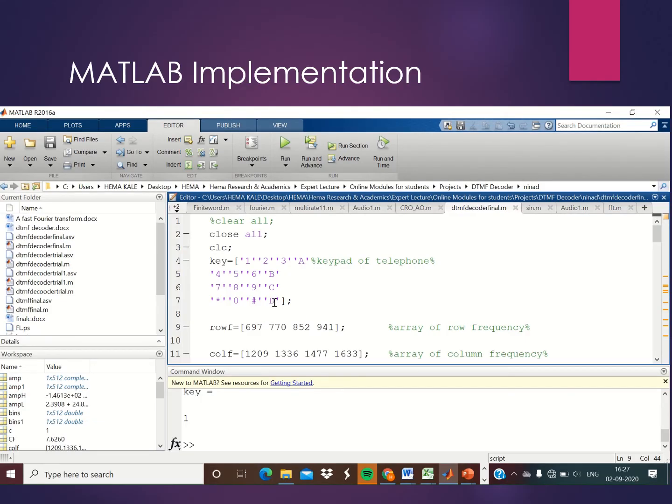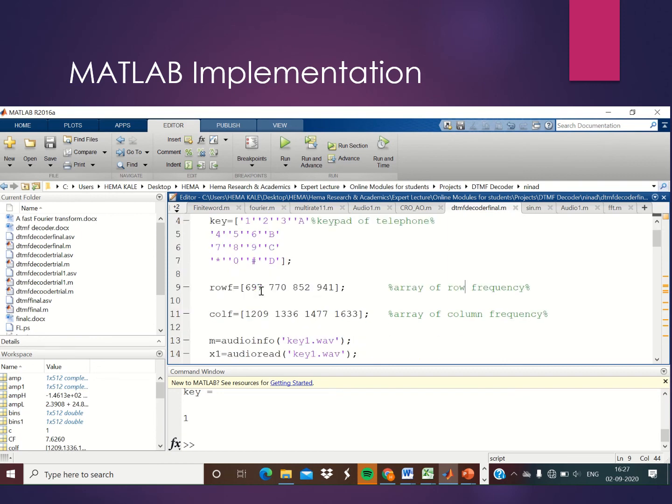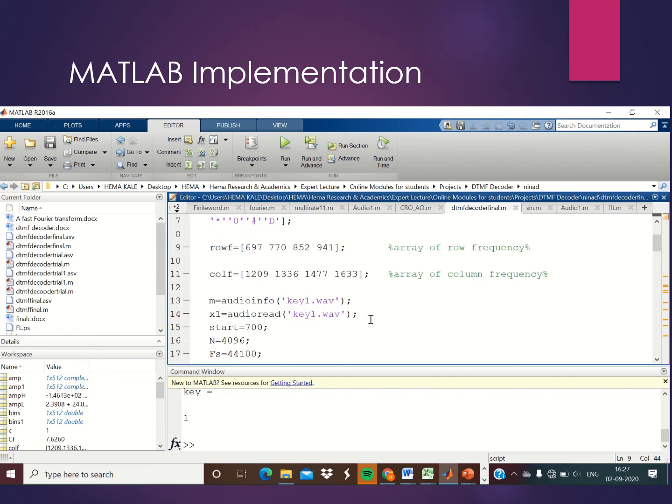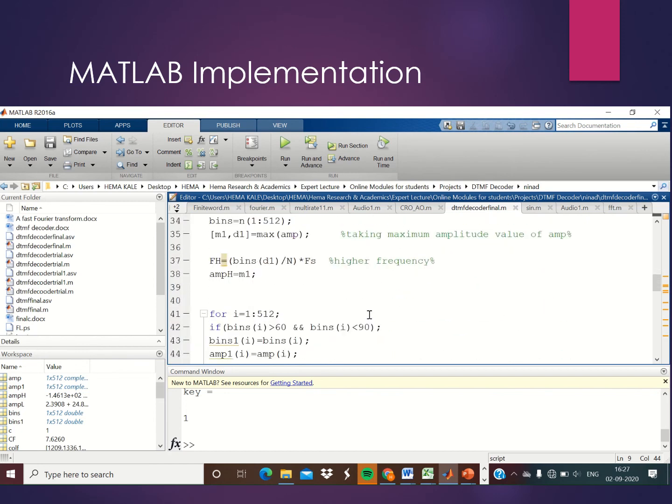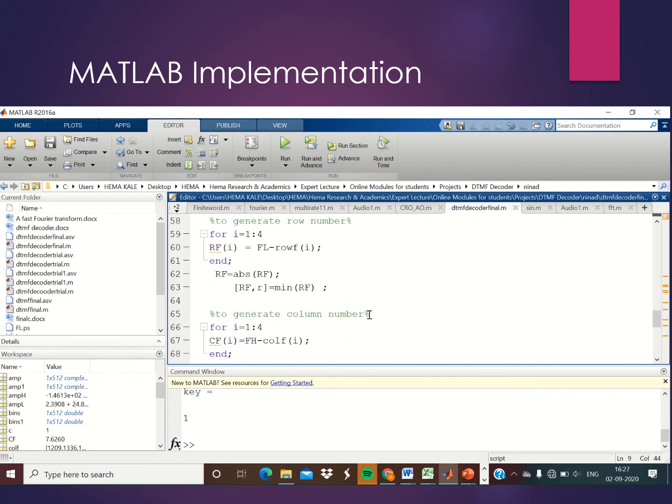Now we are going to see the MATLAB implementation of our DTMF decoder. So we have seen the program. This is the key array, telephone key array, row frequency array, column frequency array. The whole program is saved here, and now we are going to run the program.